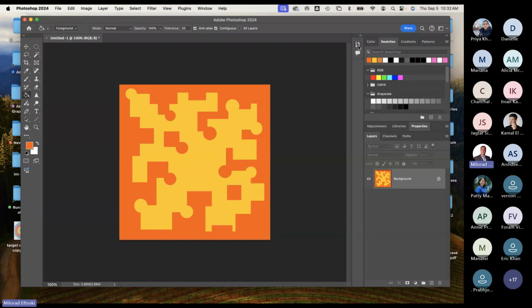Selections are selections, doesn't matter what type of selection. We also utilize the elliptical marquee tool in combination. We use Shift and Alt or Option and Shift to add or subtract various selections to create this very unique design that's more like an abstract look